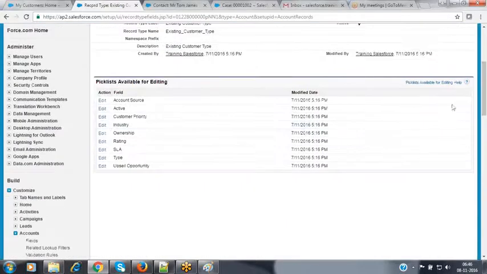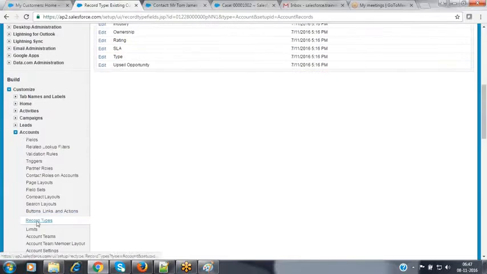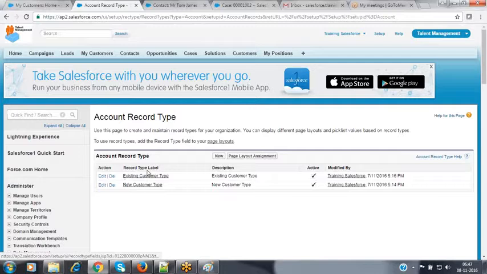Now when coming to the industry pick list, it is populating all the industry names, because this is the existing customer. We are serving all the existing customers whatever we have right now. As of now, we have all the categories of customers, so I don't want to change any industry pick list values here. Now we have configured two record types on this account object. When you click on the record types link, it provides the two record types to you. Both are in active status.